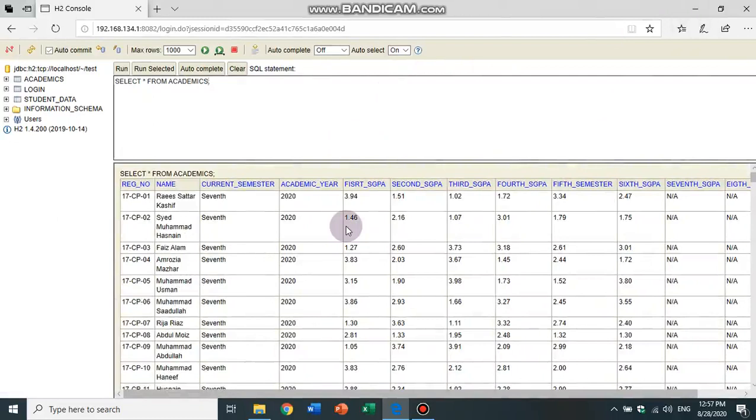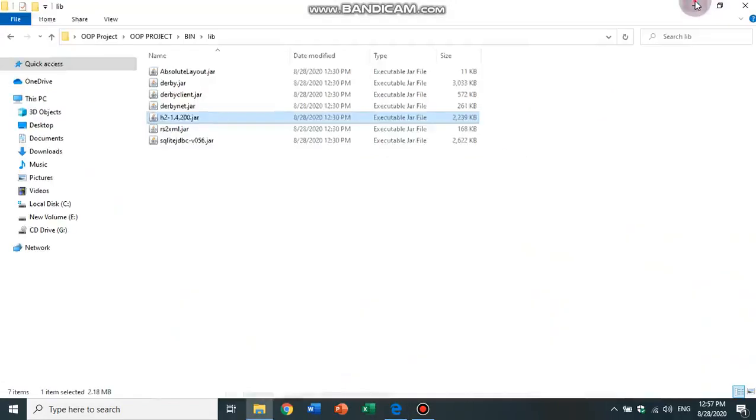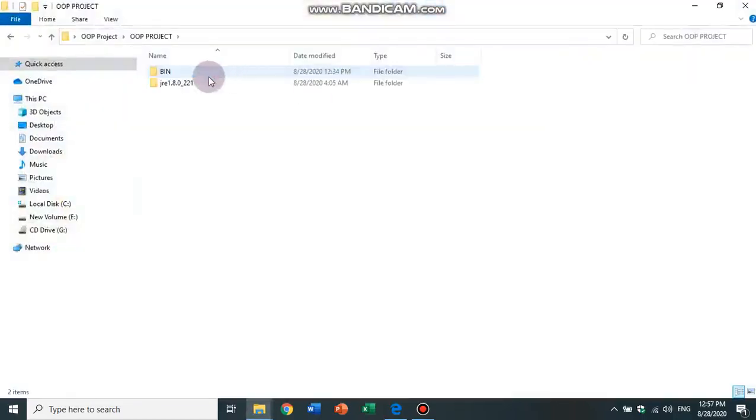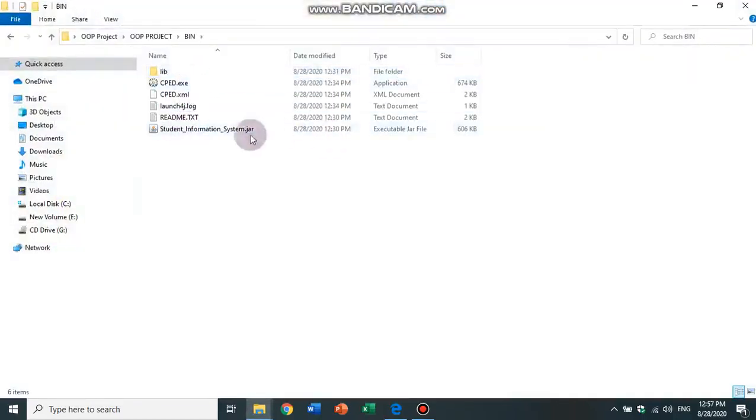The jar file just needs an active internet connection. Whenever we execute this jar file, or this exe file, it will act as a standalone application and will connect to the online database. Every time we add any data, it will be stored on that online database, and it will be retrieved from that online database.